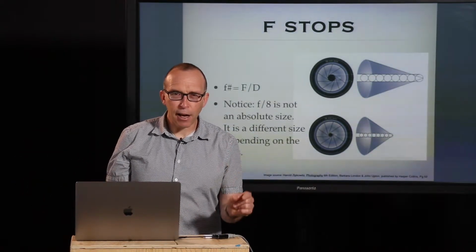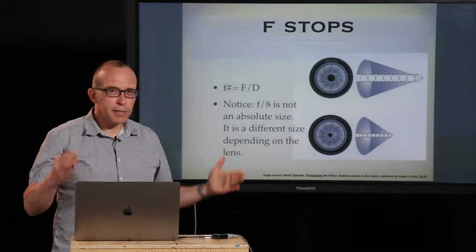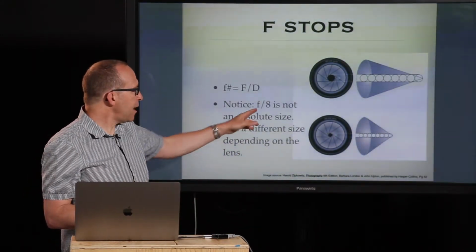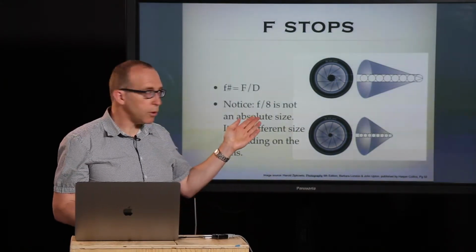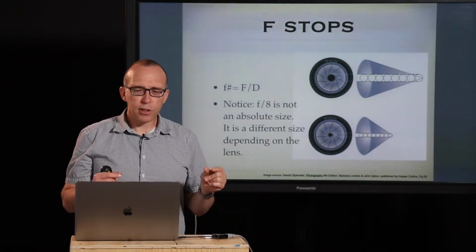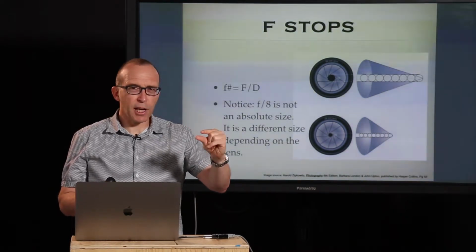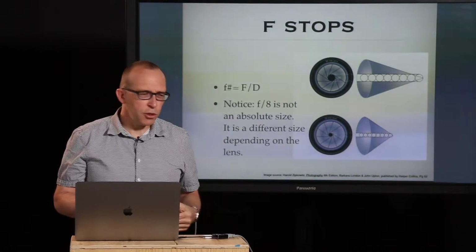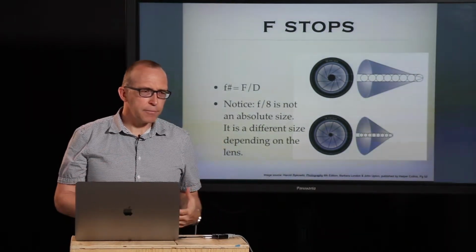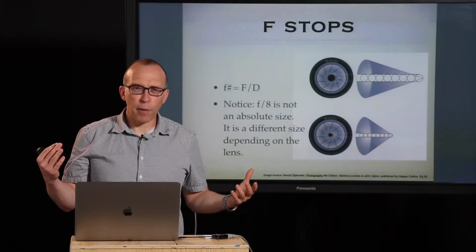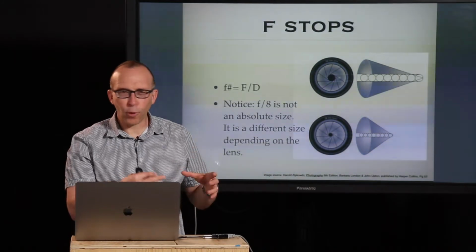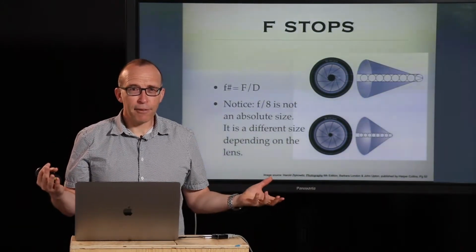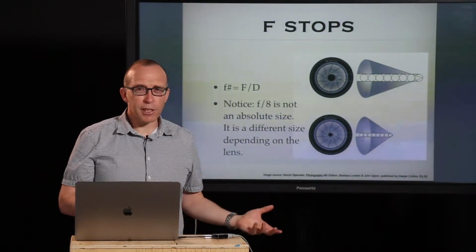It's a fixed size. A meter is a fixed size. f8 is not a fixed size. It's a ratio, like we just looked at earlier. So f8 isn't a specific size. You couldn't go to a donut shop and say, hey, I want a donut that's about f1.8,